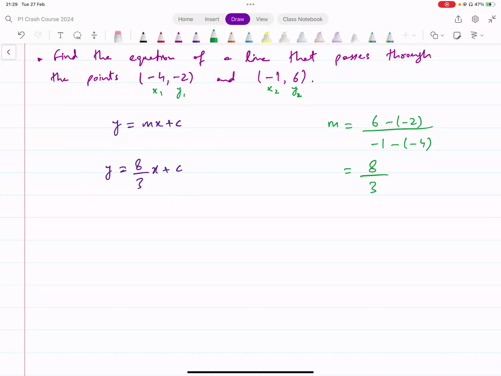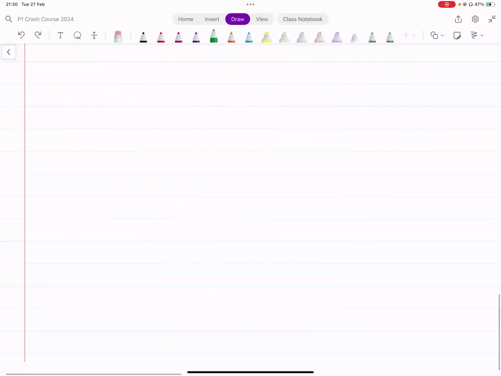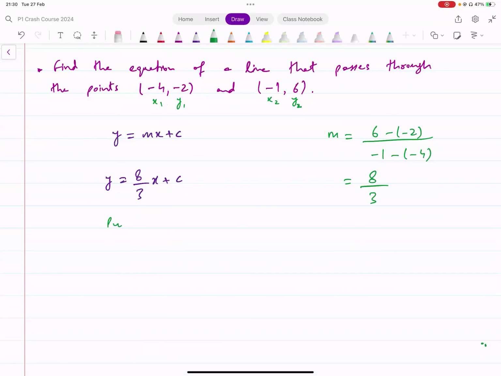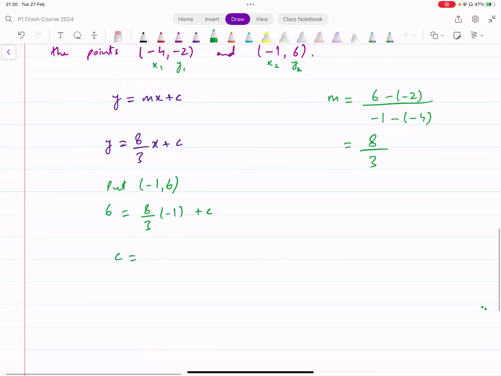Let's put any one of these 2 points. It doesn't matter which one you put. You could put minus 4, 2. You could input minus 1, 6. Both of them are going to work. Let's put, for instance, minus 1 and 6. What do you get from that? Put 6 in place of y. So you have 6 equal to 8 over 3 into minus 1 in place of x, plus c. Let's see what the value of c turns out to be. c is going to be 6 plus 8 over 3, which gives us